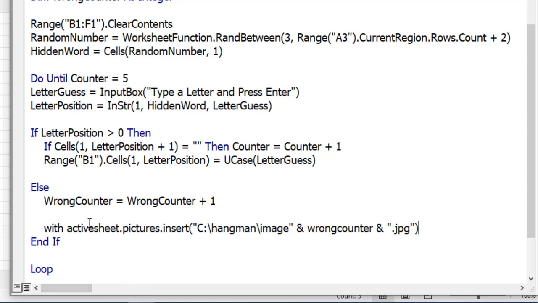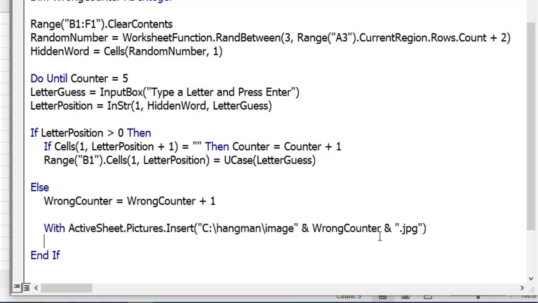So hopefully that makes sense. We're inserting a picture into the active sheet. That's where it'll locate the file called image, and what we're doing here is we're adding onto the end of the word image a number, and then adding onto the end of the number .jpeg. So in other words, it's the whole file name that we've got. If we enter that, that is the line that we don't want to have to repeat, because one of the attributes, or the method or action as some people call it, of that insert pictures line is the position